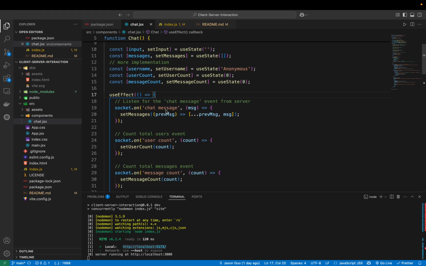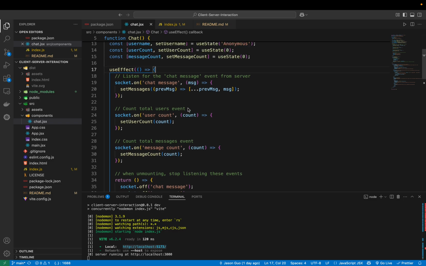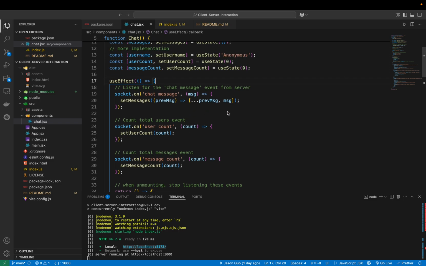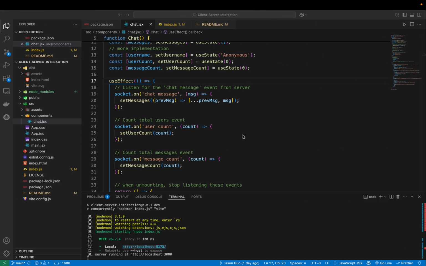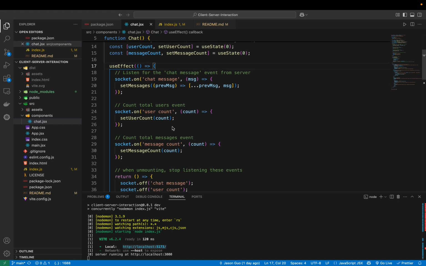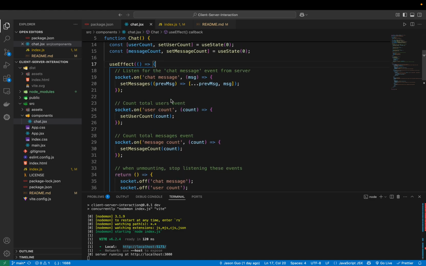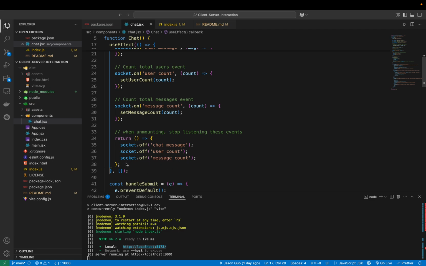Okay, so we use effect to start many events on socket to send to the server side. So the chat message is actually, I'll explain it later. The user count, we start this event, and then at the end when we unmount the components, we need to turn it off, because if we don't turn it off, it probably won't end by itself sometimes,